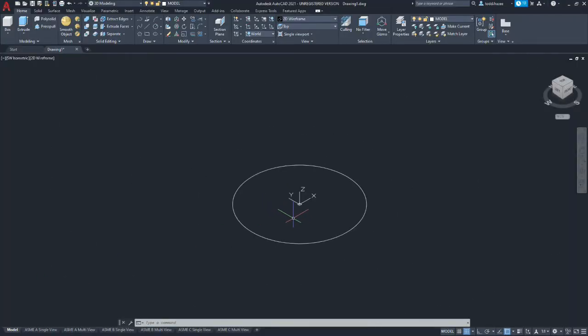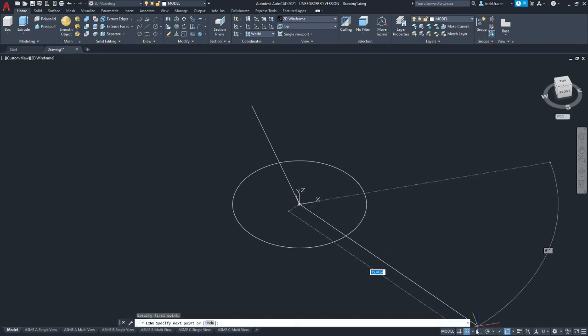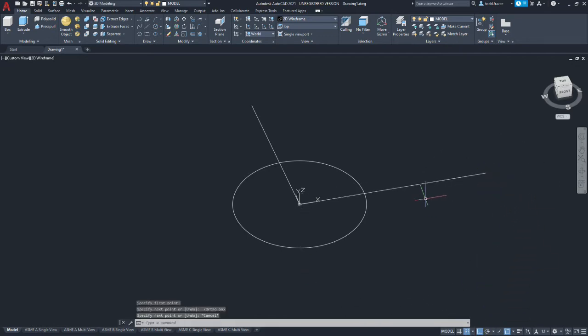Alright, in this case I'm going to go ahead and draw an old school square and show you that there are some advantages of using the rectangle command. So we're going to go from center up, and then we're going to go from center right, and I want to make sure ortho's on here. Actually, I don't know if that one was drawn correctly. Let's do that over. There we go.